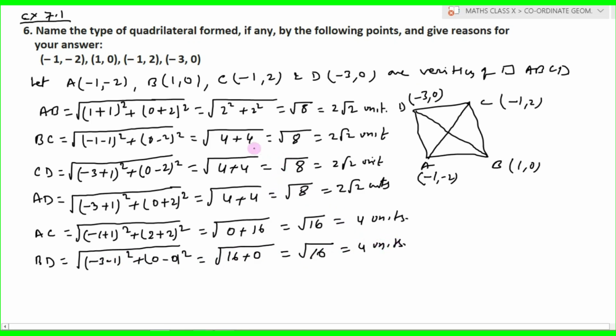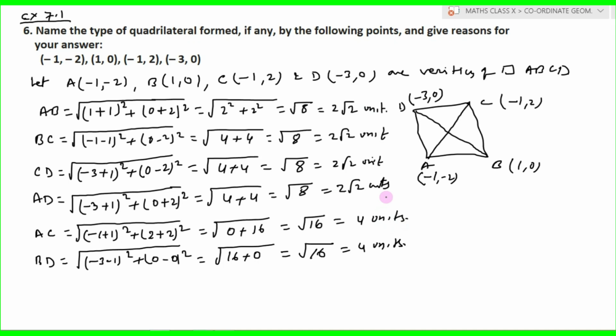So what observation do we get after getting all these 4 plus 2, 6 values? For this type of question, when it is given to find which type of quadrilateral, first you have to find all the 6 lengths, 4 sides plus 2 diagonals, in all the questions, and after that you have to observe all the information. Here we observe that all the 4 sides of this quadrilateral are equal and the diagonals are equal. Okay, so 4 sides are equal and diagonals are equal. Then you have to justify with the property. Which property holds, whether it is of a rhombus or of a square.